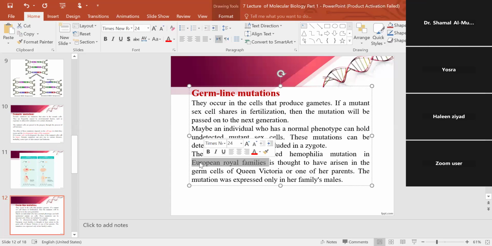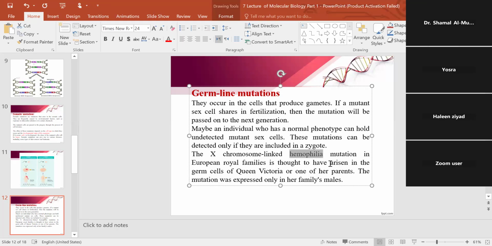They have this hemophilia disease, and it is related to the X chromosome, one of the sex chromosomes of the human. X chromosome linked hemophilia, a mutation in European royal families, is thought to have arisen